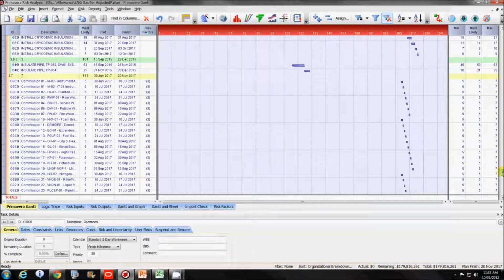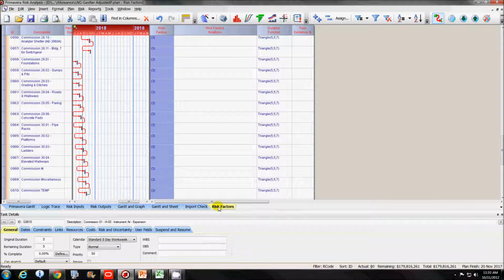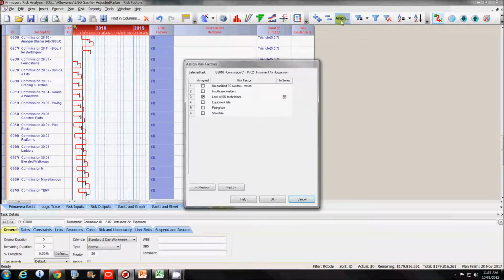We did this before. I didn't want to go through it again, but it's a fairly simple matter of adding the risk factor sheet and then doing an assign. In this particular case, it's lack of startup technicians, and then we can just do a fill down. It's fairly straightforward and has been dealt with in other videos.